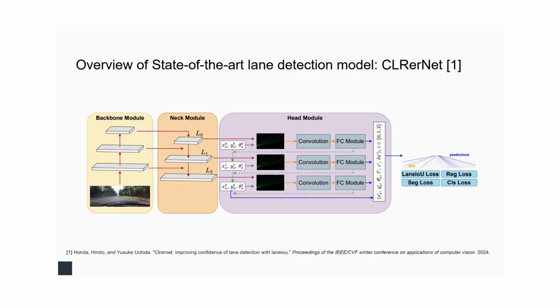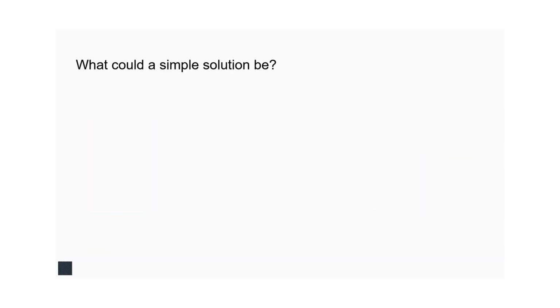Finally, the detection head operates in a row-wise anchor-based fashion. It starts with a set of lane priors and iteratively refines them across multiple feature pyramid levels. At each stage, features are sampled along these lane anchors, refined via cross-attention with the global feature map, and updated through regression and classification heads.